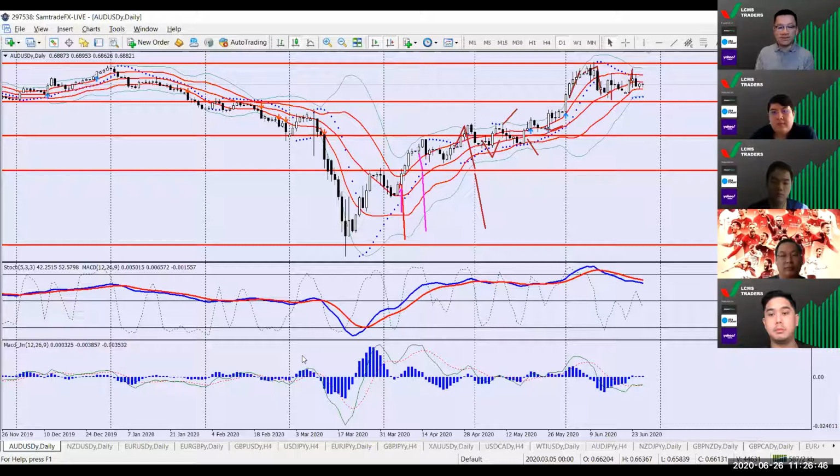So I do feel that this week hasn't been a great volume trading week, but it is all setting up. I do feel that it's setting up into what could happen next week, because we're looking at the second half of the year. We're coming to the end of the month for the first half of the year, and it's been a terrible first half of the year, right? I think we can agree on that.